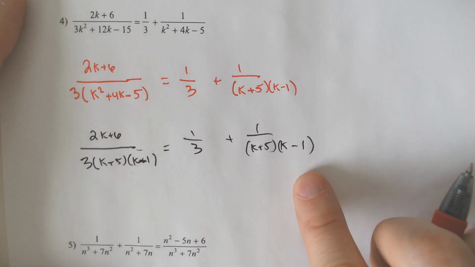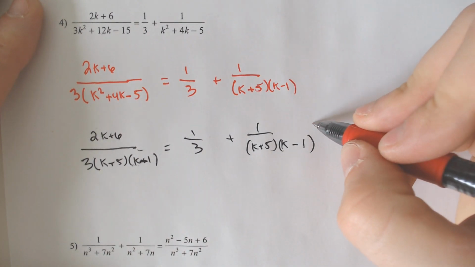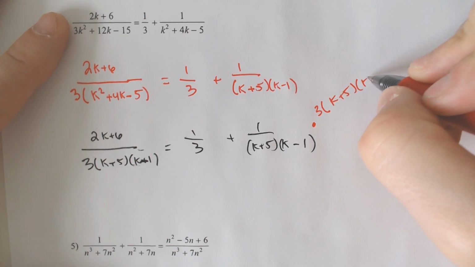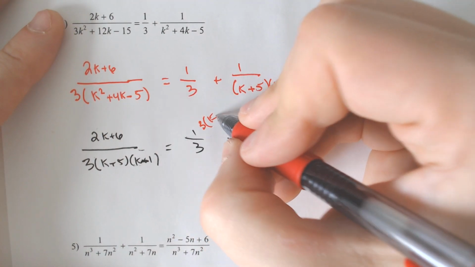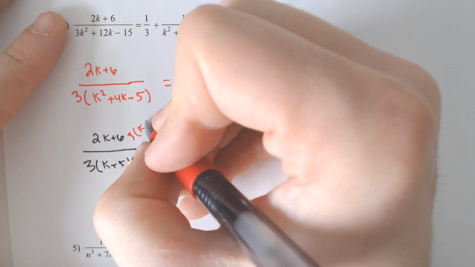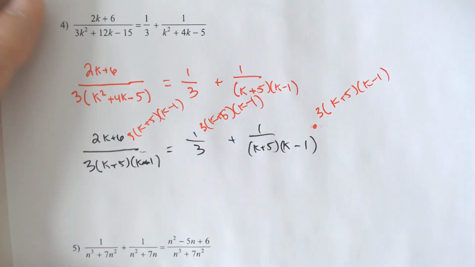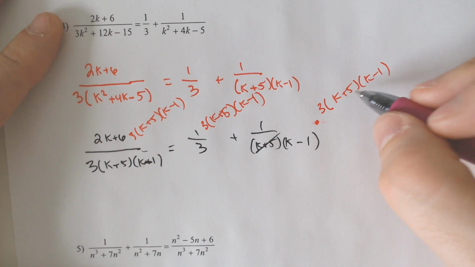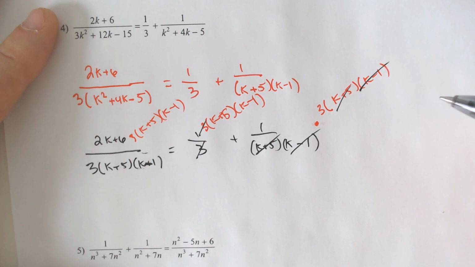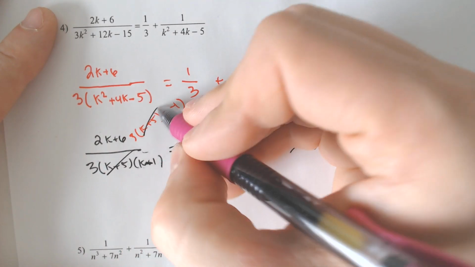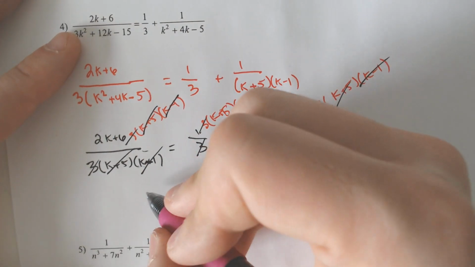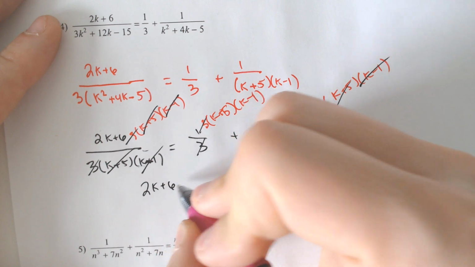All right, so what are we missing? Well, we're missing on this guy a 3. So this is going to get a 3 and a k plus 5 and a k minus 1. This is going to get a 3 and a k plus 5 and a k minus 1. And this is going to get a 3 and a k plus 5 and a k minus 1. But most of that's going to cancel out. Here, the k plus 5 cancels, and the k minus 1 cancels. Everything gets multiplied by everything. Here, only the 3's would cancel. Here, the k plus 5 would cancel, the k minus 1 would cancel, and the 3 would cancel. Hooray, that's like everything. So we end up with 2k plus 6 equals